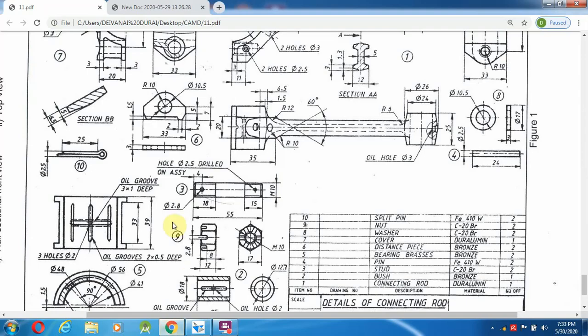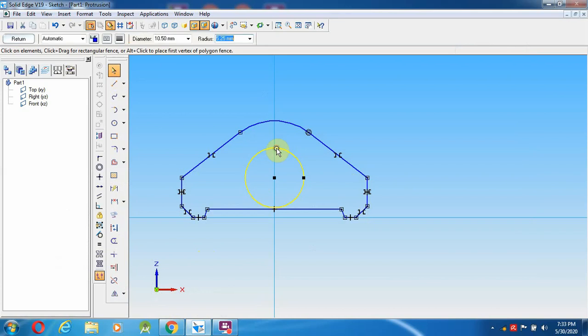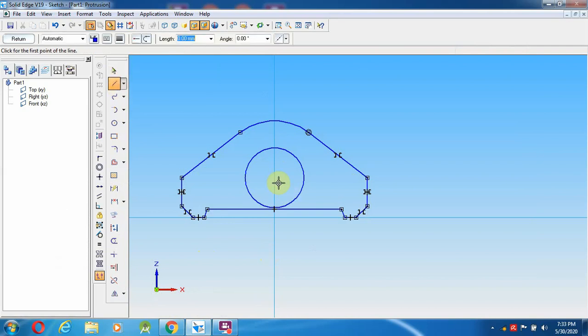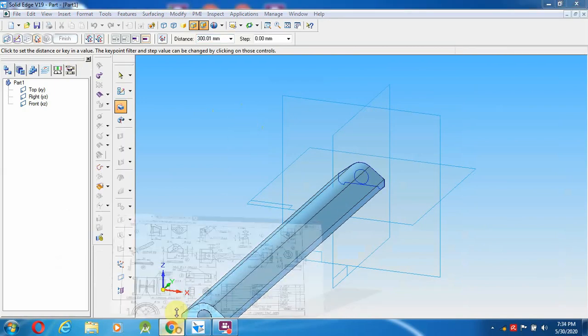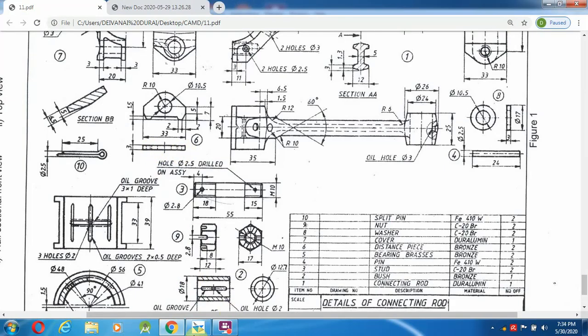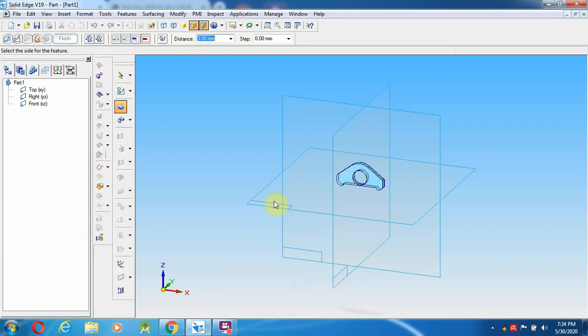Almost we have drawn the thing. So here the diameter is 10.5, as well as the height we are going to keep, from here to here 7 mm. So as per the problem we have created it. So I am going to give the depth as 3 mm.